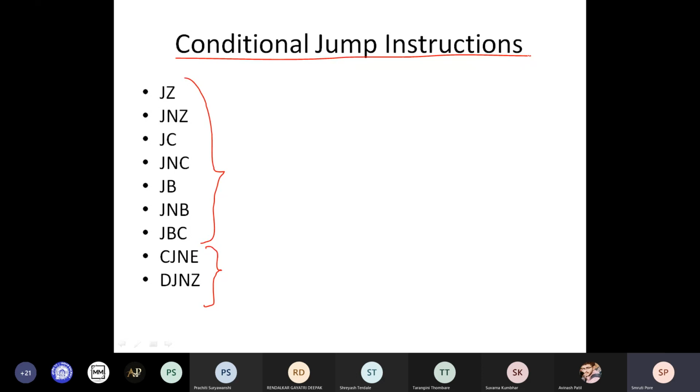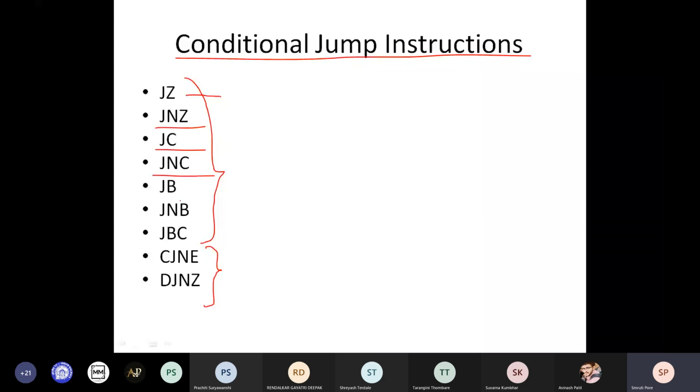Like that, you have the other instructions: JNZ, JC, JNC, JB, JNB, JBC, CJNE, DJNZ. JZ is jump if accumulator is 0. JNZ, jump if accumulator is not 0. JC, jump if carry.